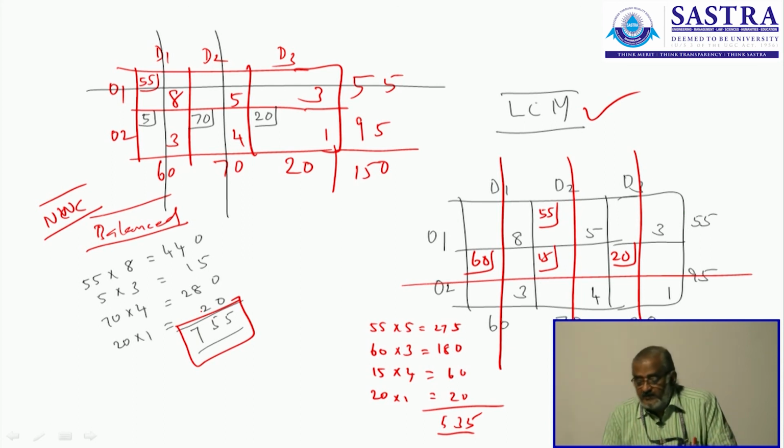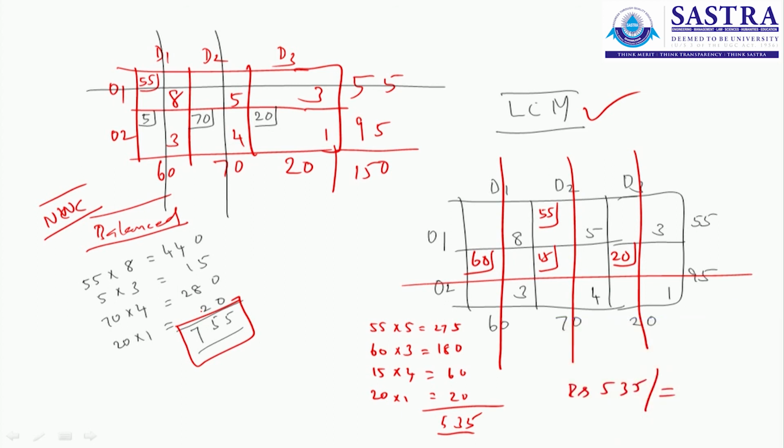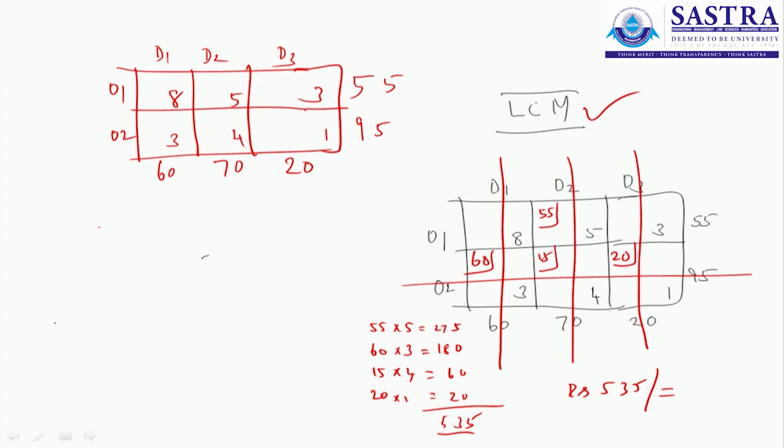So next one is what is called Vogel's approximation method. Vogel's approximation method can also be taught with the help of the same 2/3 transportation problem, which we will go for now. Now Vogel's approximation clearly tells that we have to choose the least and the next least for each row and each column. So for the first row, what is the least one?